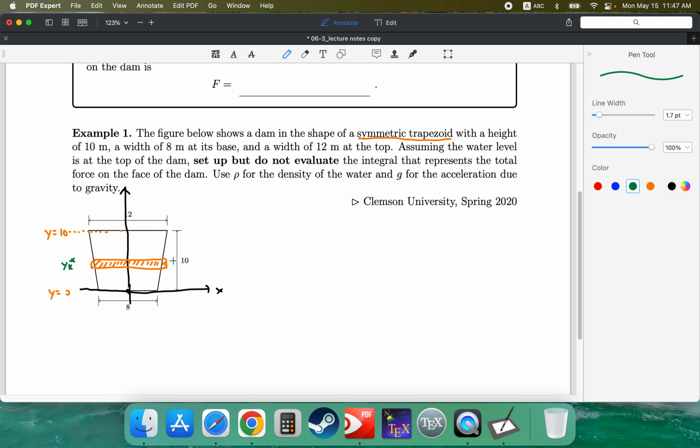Okay, and since we divide this interval into n sub-intervals evenly, we can call the height of this strip delta y. Delta y equals b minus a over n, right? 10 minus 0 over n. So we know that